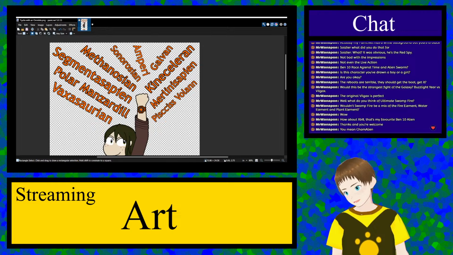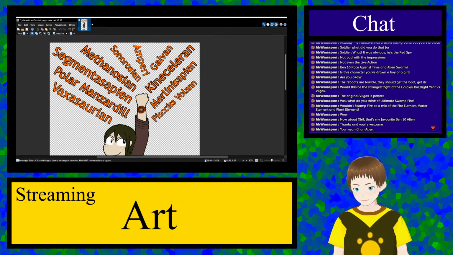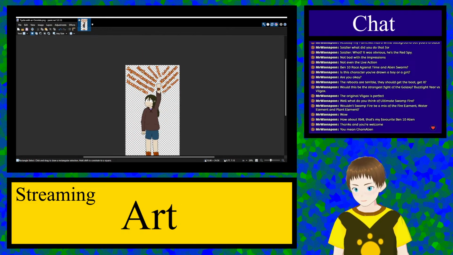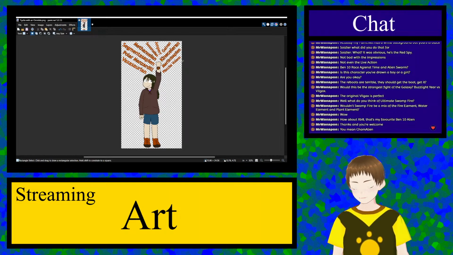Vaxasaurian, aka Humungousaur. Polar Manzardill, aka Arctiguana. Segmenta Sapien, aka Blocks. Methanosian, aka Swampfire. Sonorosian, aka Echo Echo. Ampedi, aka Amphibian. Galvan, aka Grey Matter. Kineceleran, aka Accelerate. Merlinsapien, aka Chameleon. And Piscus Volan, aka Ripjaws. I say this is a pretty good setup for Original 10. Yeah, two of them have underwater breathing and such, but Ripjaws definitely has more in terms